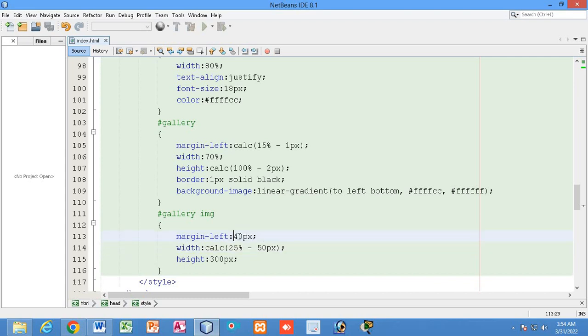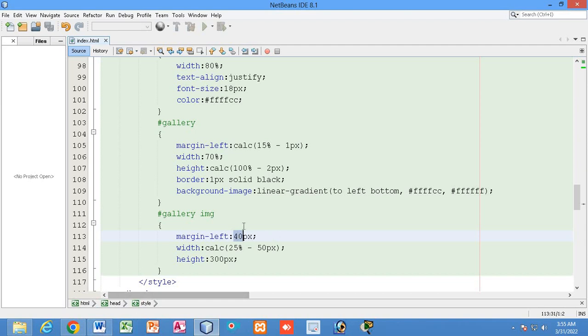What will be the margin? 40 px. Now calculate 40 into 5. 5 into 40, 200, right? 200 px total space should be there.